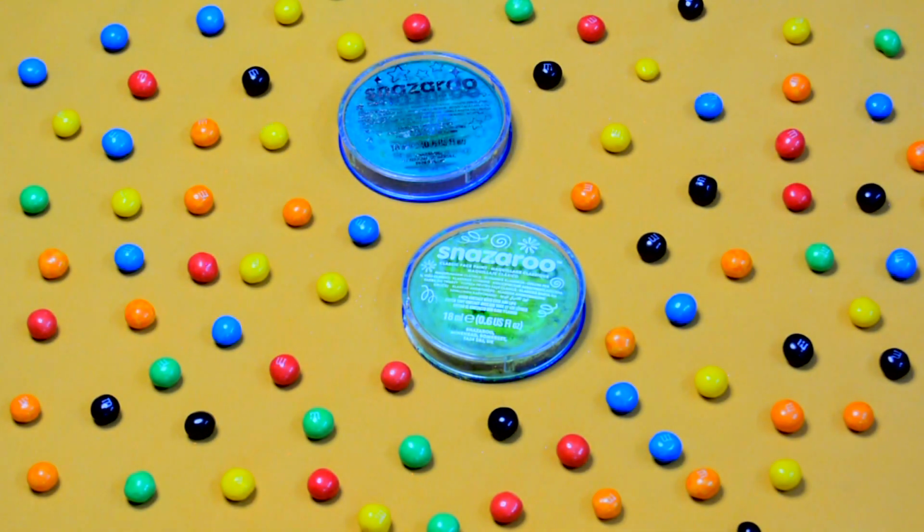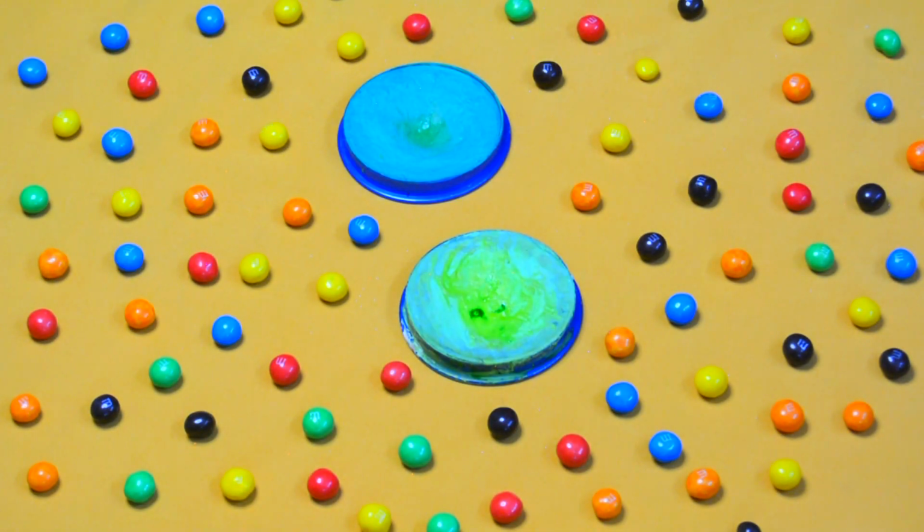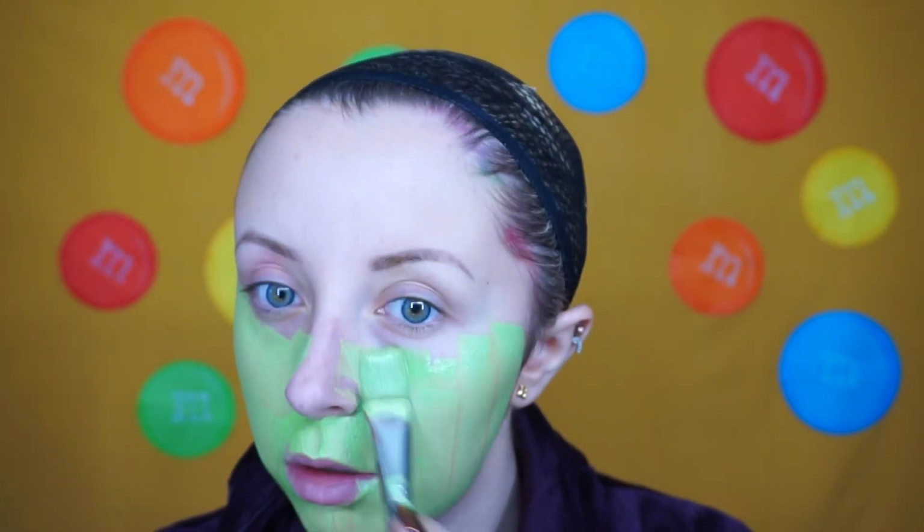So obviously I start by painting my whole face green, and I'm using a Snazzy face paint to do this. I'm actually wearing some contact lenses that I got sent by